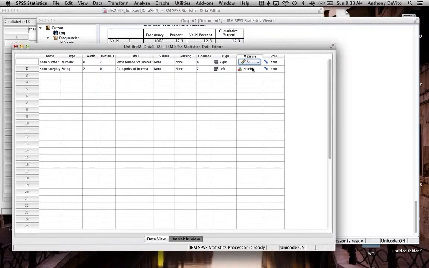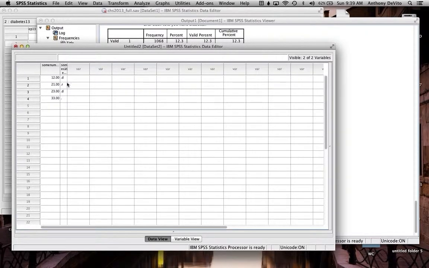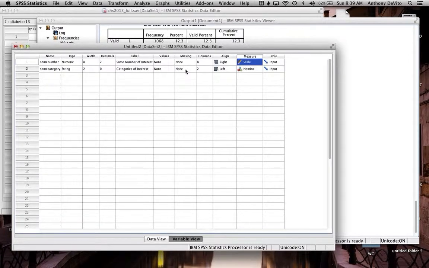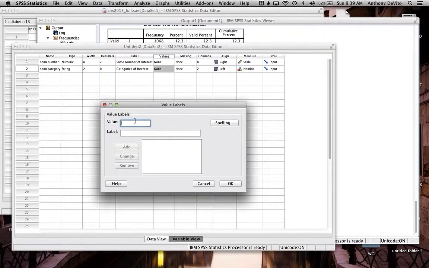So at this stage now, for scalar variable, we don't put in values. We don't define values because the numbers themselves represent whatever value it is. But for categories where we've summarized what the category is by using a letter or a number or something like that, we now have to tell SPSS what that represents. So I'm going to click into values, and I'm going to tell it that .d represents,